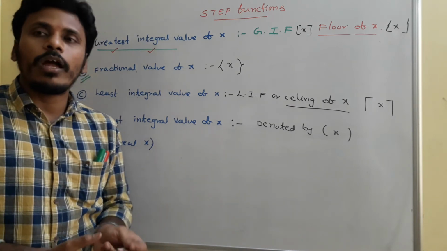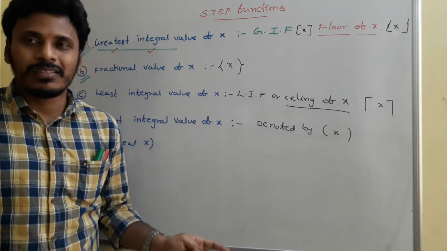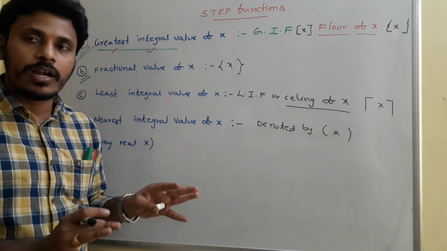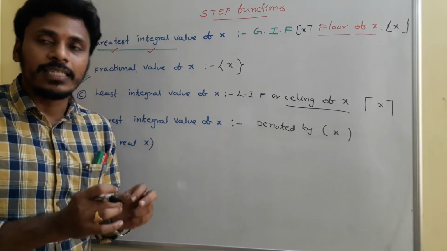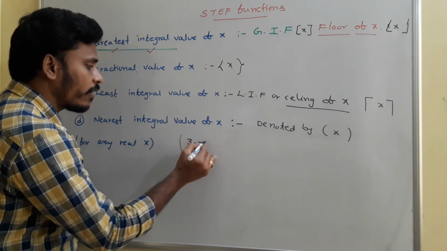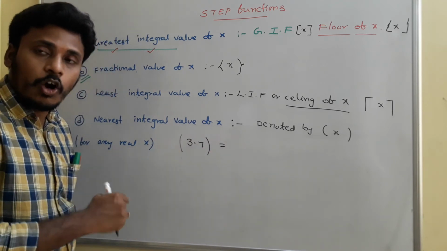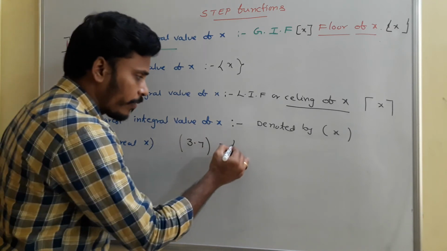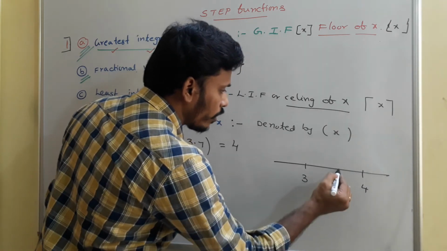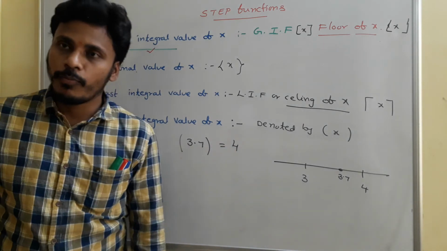See, nearest integral value of x is nothing but we need to identify the integer which is nearest to the x. That's it. Okay, don't go for the complete analysis related to that, just try to analyze it. What it is, we need to identify the nearest integer for the given number x. Whereas for suppose if I wish to calculate nearest integral value of 3.7, so what is the nearest integral value of 3.7? Whether it is 3 or 4. See, for sure it is 4, right? So just you think about that in number line. So somewhere you have 3 here, somewhere you have 4 here, this 3.7 is somewhat nearer to 4, so the nearest integral value of 3.7 is 4.